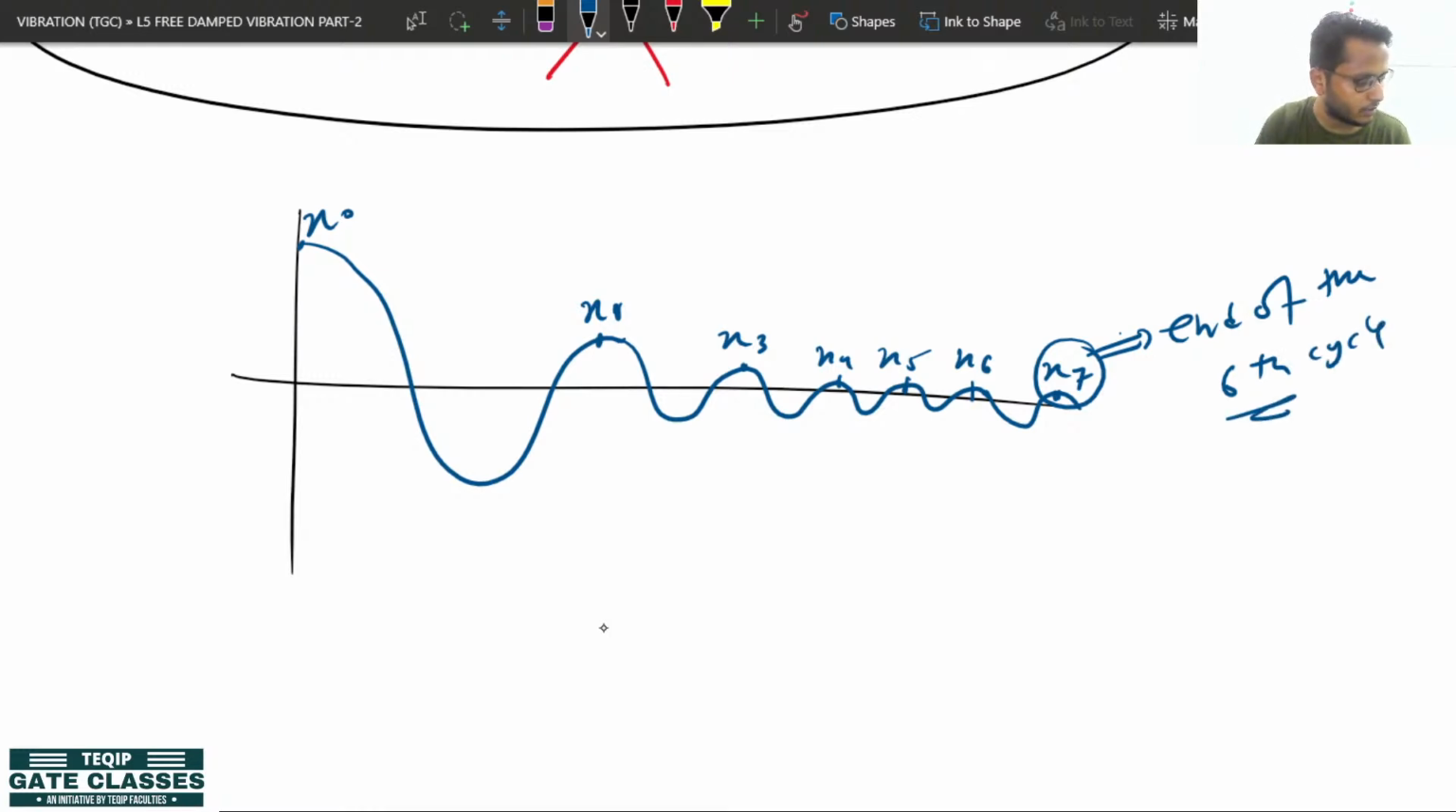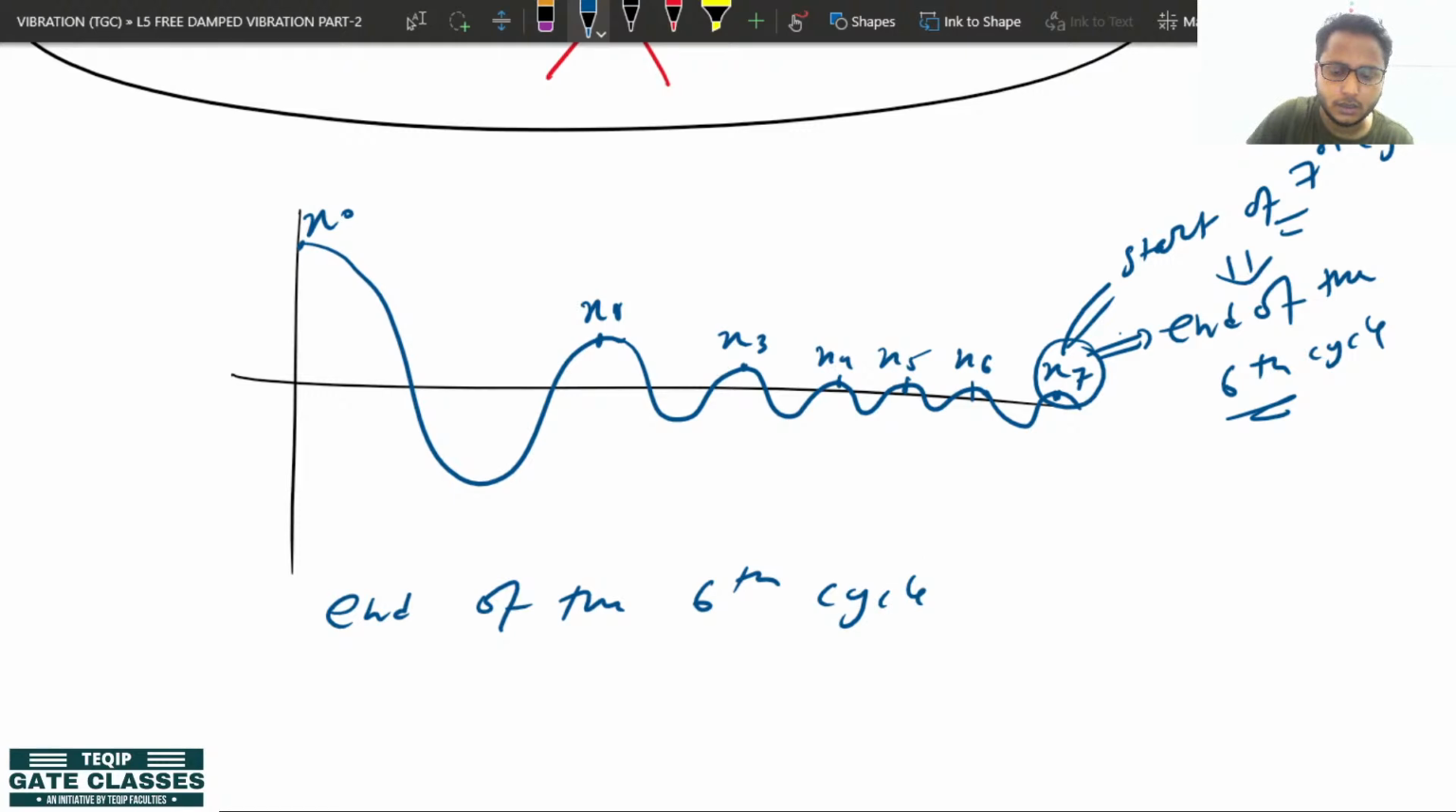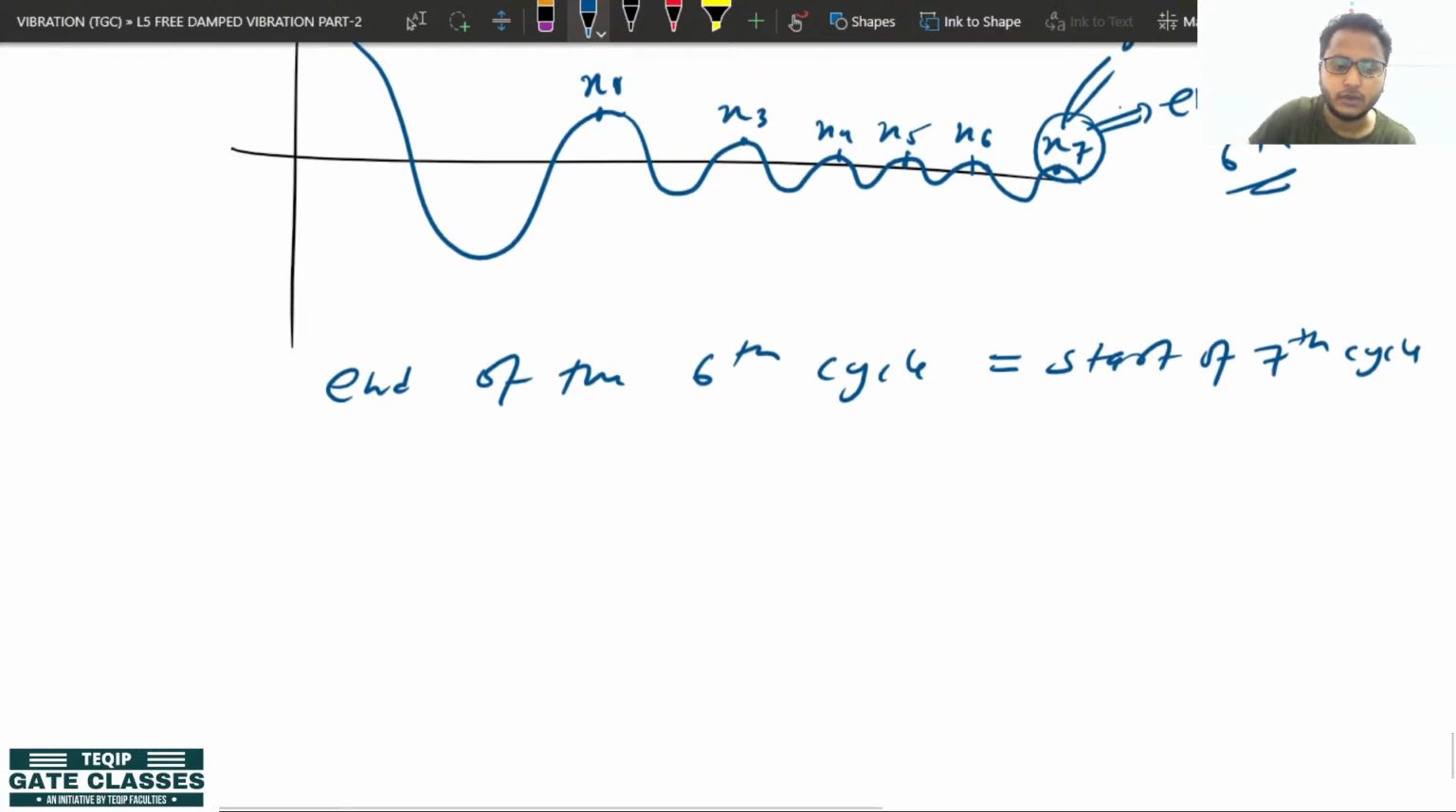This can also be termed as the end of the sixth cycle, and it is also known as the start of the seventh cycle. The start of the seventh cycle is the same as the end of the sixth cycle. So the end of the sixth cycle is equal to the start of the seventh cycle. Okay, so we can write the equation